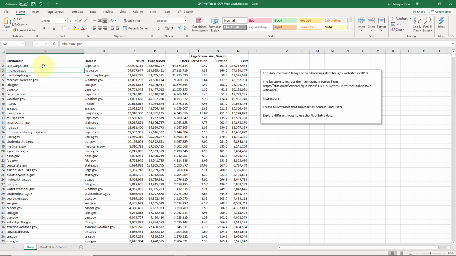The data came with a subdomain like tools.usps.com. I assume that tools is going to be for doing things like checking how much postage something is going to cost. Very highly used domain. Then we have